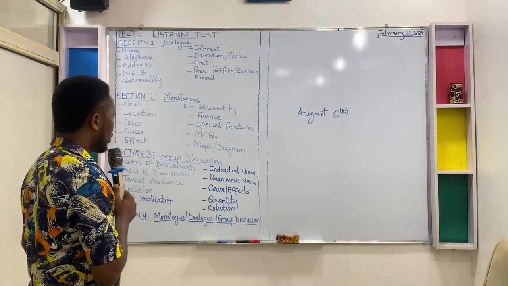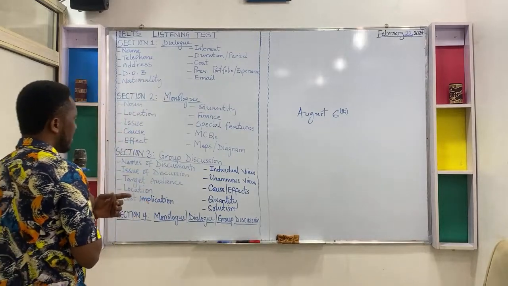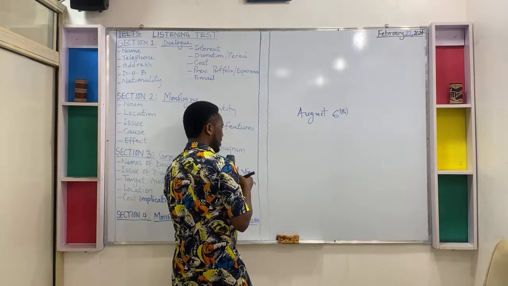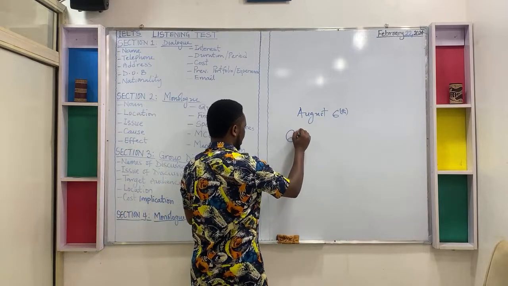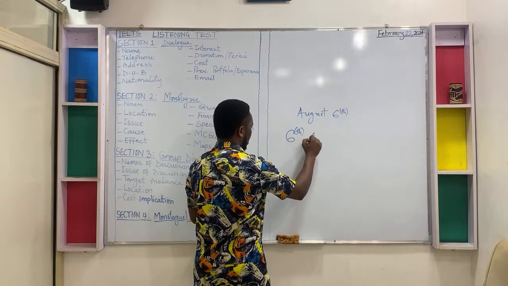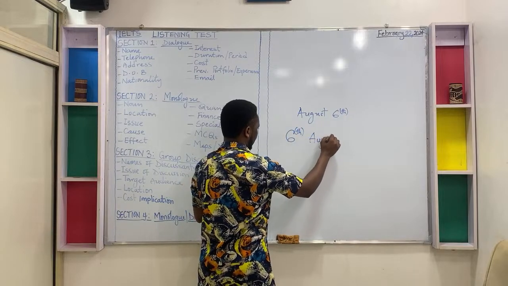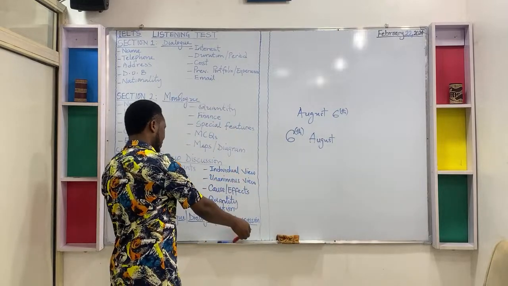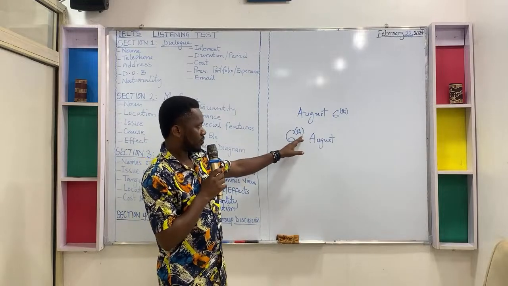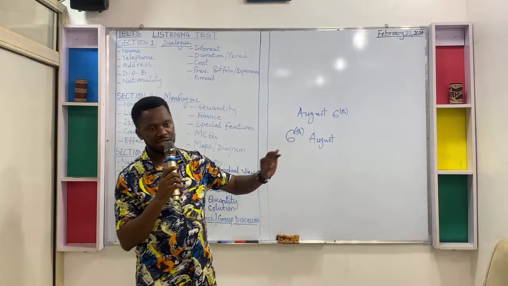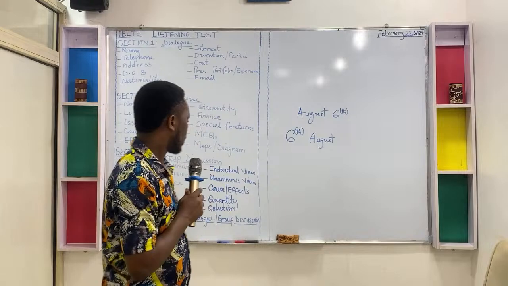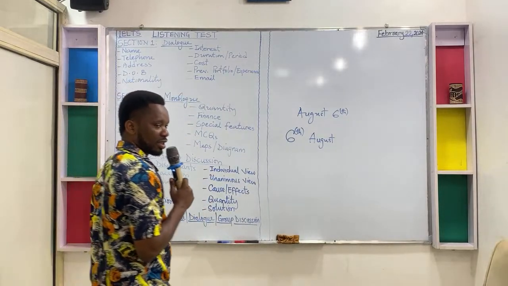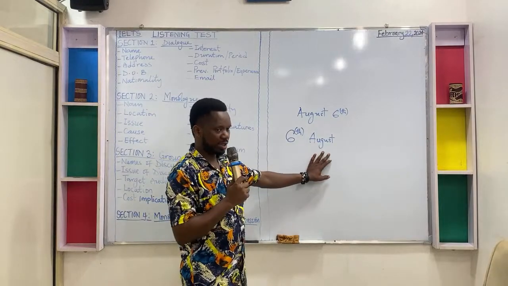Okay, so this is how to manage your date of birth. But if the day is to come first, it will be 6th August. But the primary thing right here is the suffix is to be left in bracket. Is it for one word? Yes. This is one word. This is the only word here. This is a number.